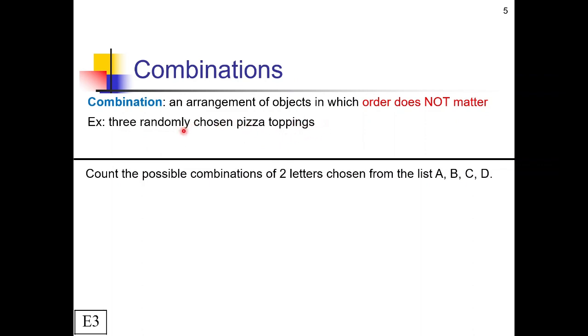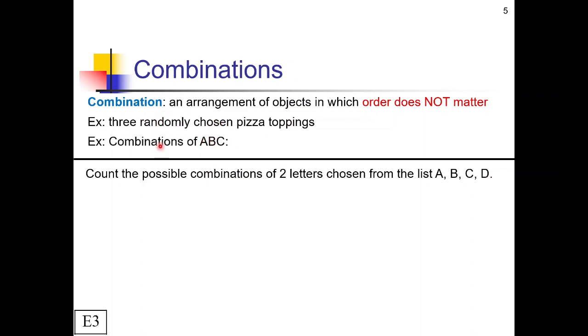So, for most people, if you randomly pick 3 pizza toppings, it doesn't matter to you the order that you pick them in. You're not telling the people who are making your pizza, okay, first put down the pepperoni, then put the onions on top of that. I mean, maybe some people are that precise in their pizza construction, but most people aren't. So as an example, using some letters here,